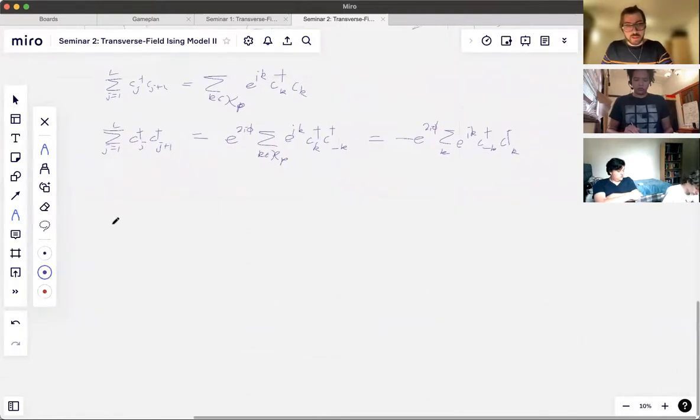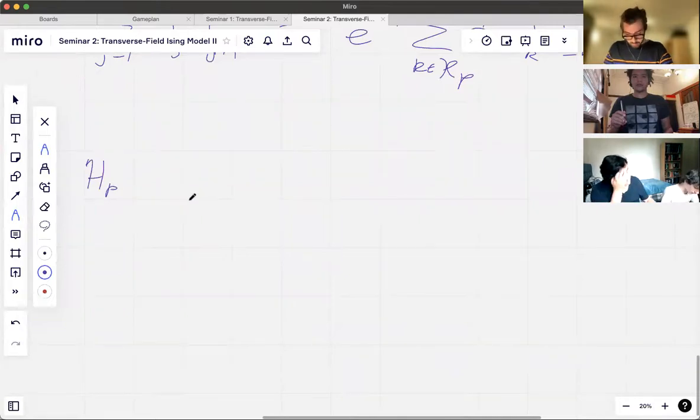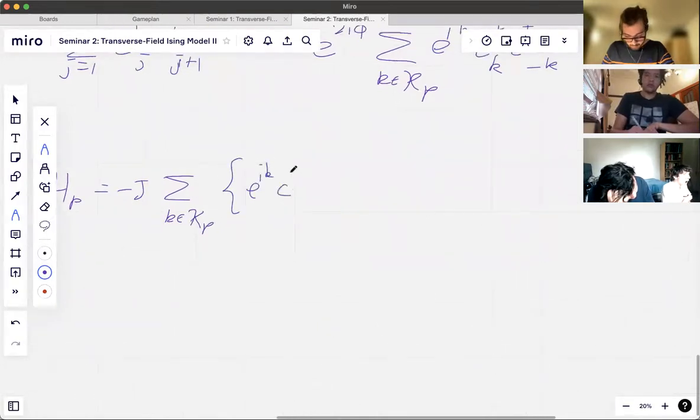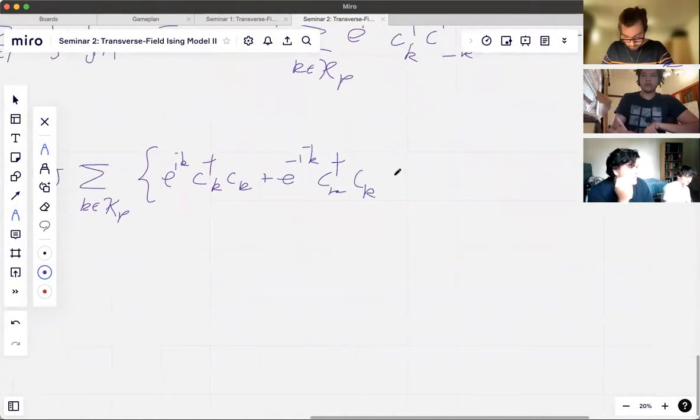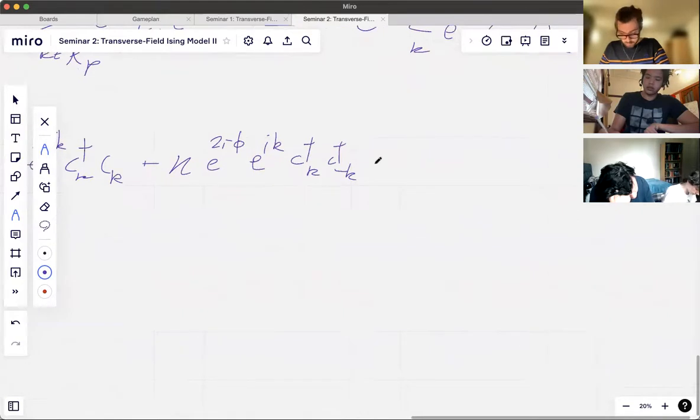So using those two results, the dreaded words, it can be shown that H_P, remember, this is valid for both the odd and even case, is minus J sum over k in K_P of e^{ik} c†_k c_k plus e^{-ik} c†_k c_k, plus kappa e^{iφ} e^{ik} c†_k c†, that is a plus, plus the Hermitian conjugate, e^{-2iφ} e^{-ik} c†